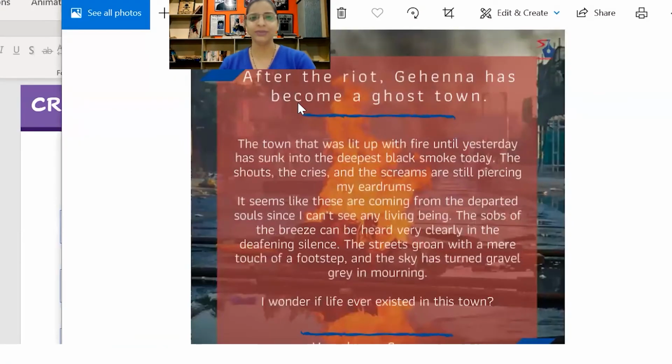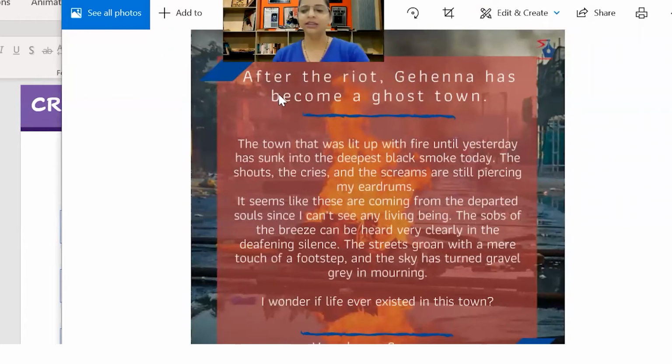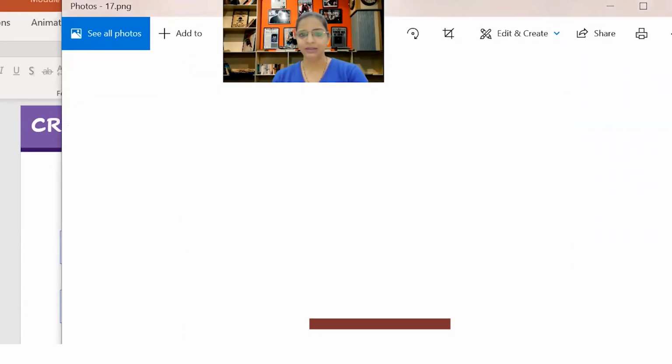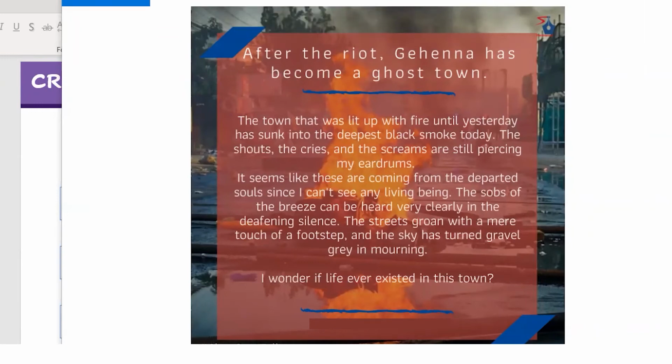So this is one example wherein after the riot, Gehenna has become a ghost town. That means this is a statement that is telling that Gehenna has become a ghost town.